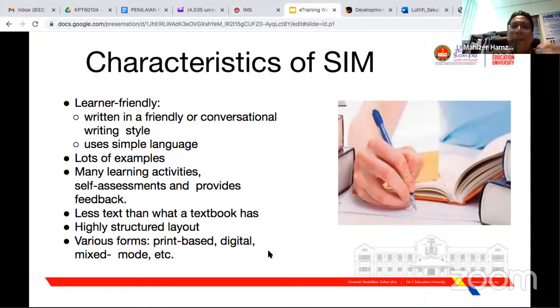Okay, dia gunakan bahasa mudah. Contohnya kalau sebelum ni dia guna bahasa buku, dalam topik ini kita akan mempelajari jenis-jenis planet. Okay, itu kalau dalam bahasa Melayu lah kan, jenis-jenis planet yang ada di sekitar galaksi. Itu kalau bahasa formal. Kalau dia akan guna bahasa informal, for example, okay, mari kita mengembara ke planet-planet untuk mengetahui jenis-jenis.